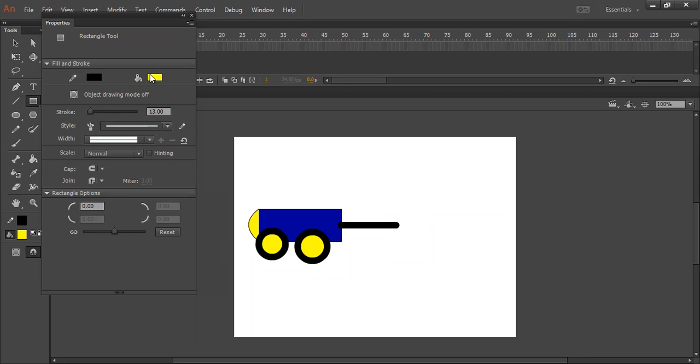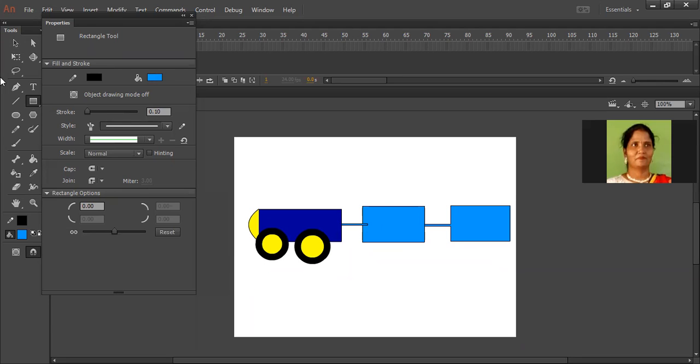With the blue color I need, not yellow. Now take the wheel. If you want the same type of wheel, use the Selection tool.